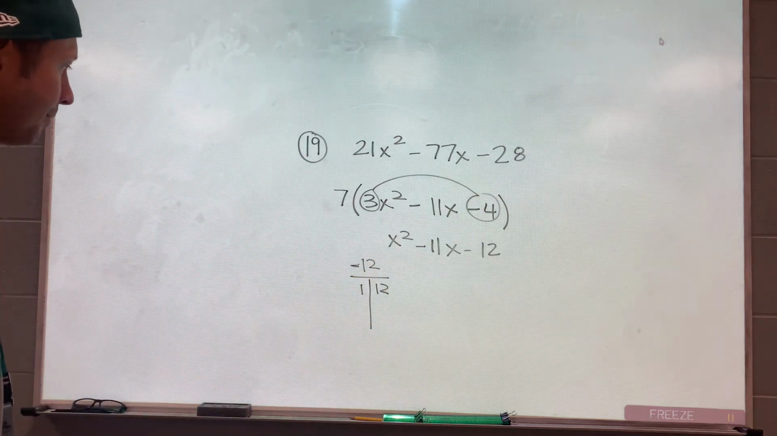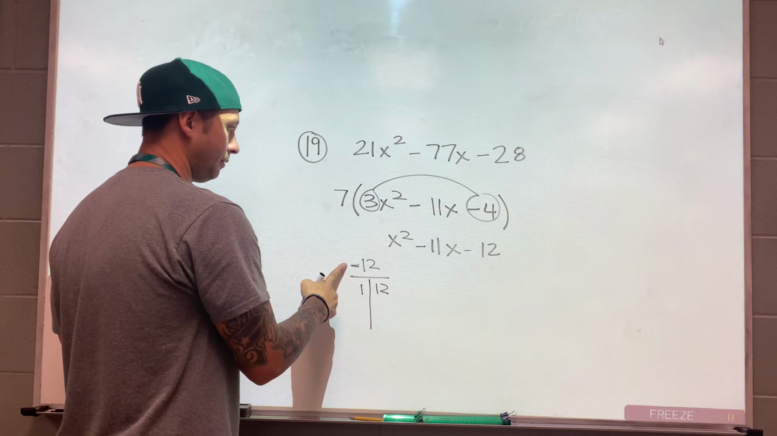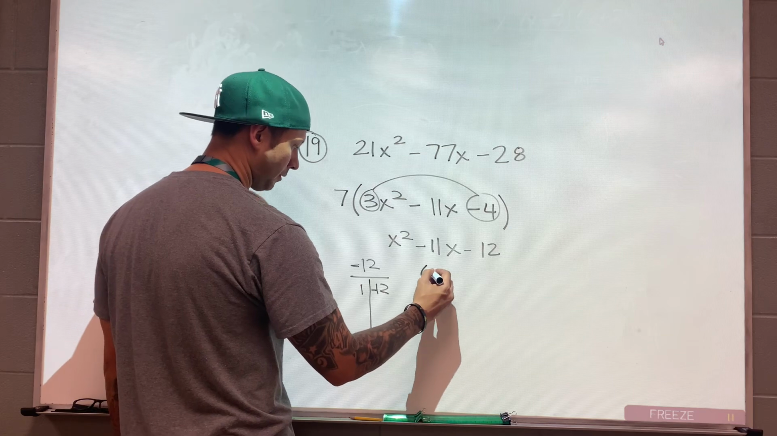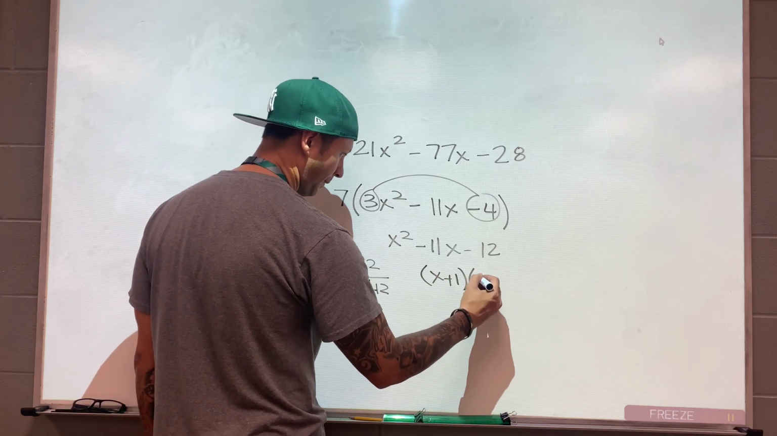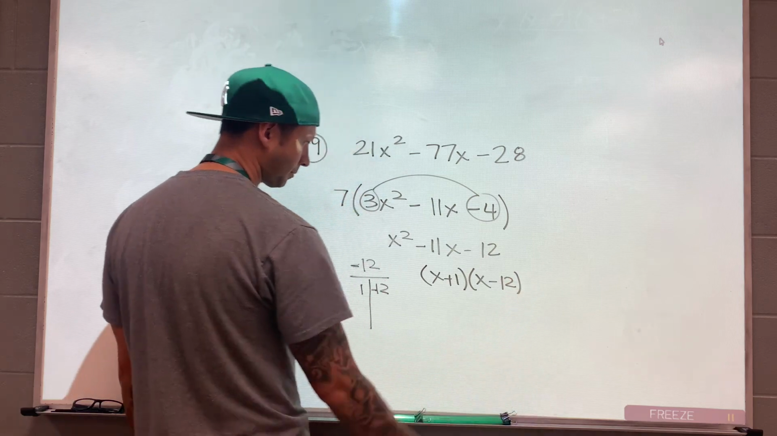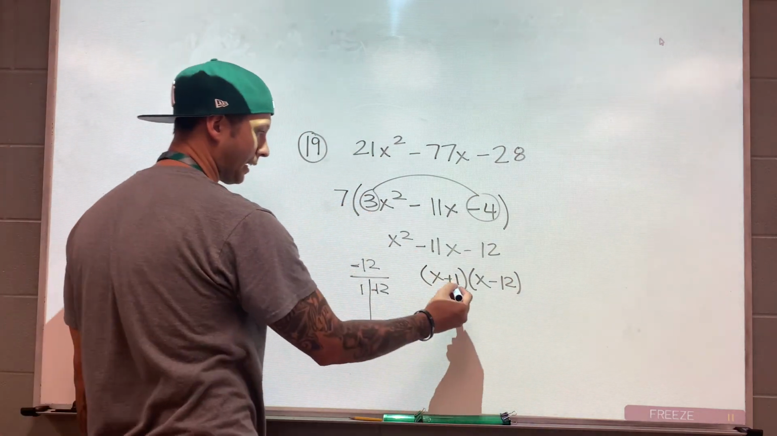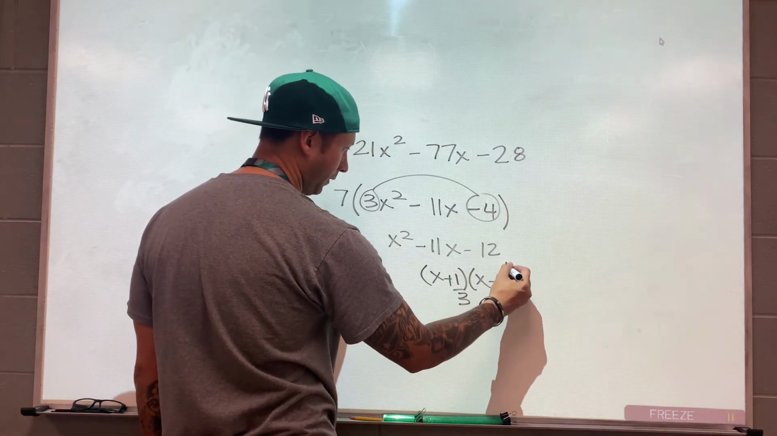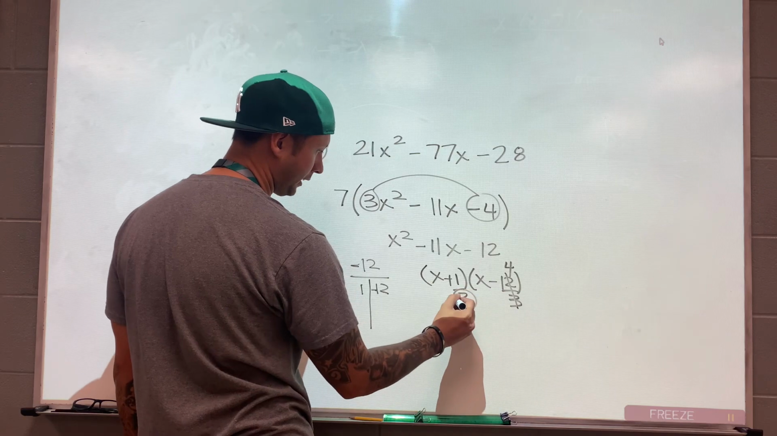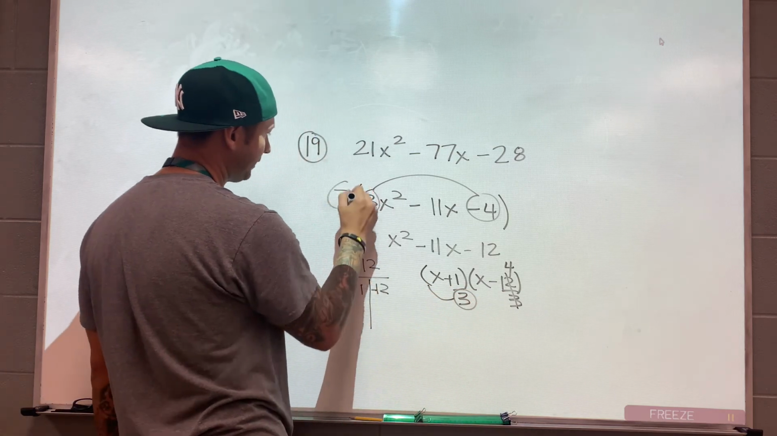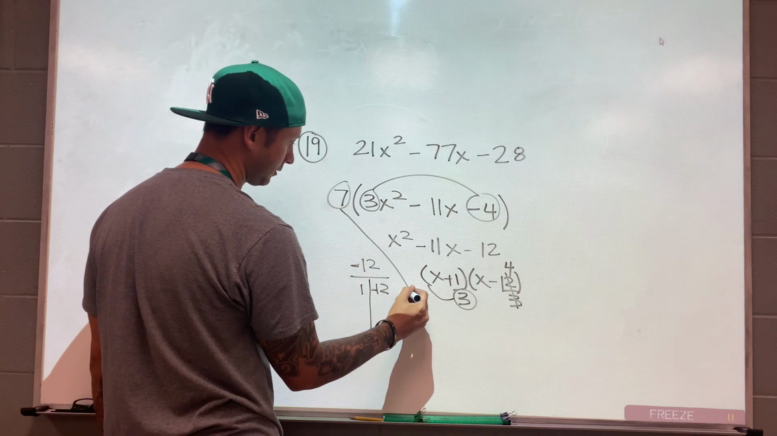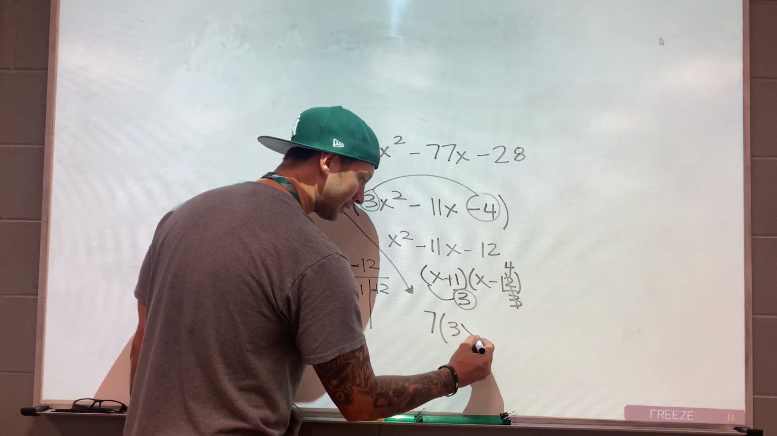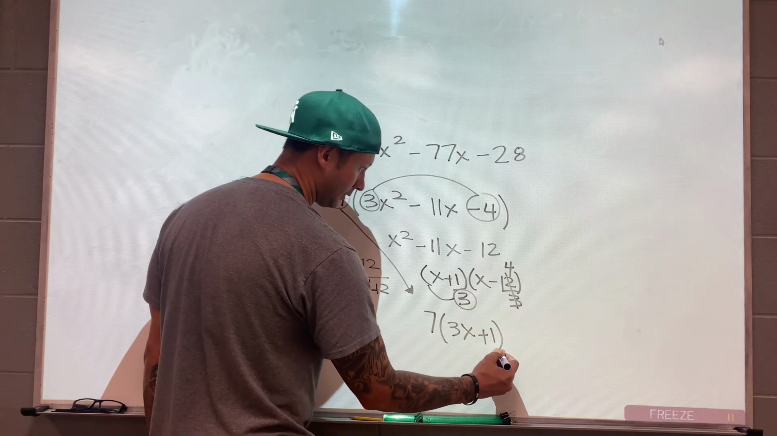1 and 12. It's negative. We look here, this is negative, so the big one needs to be negative. So this is going to be x plus 1, x minus 12. I need to divide the 3 back out. So this is going to be 4. So we have, this isn't clean, that moves up. 7's got to come down. Can't forget about the 7. So 7, 3x plus 1, x